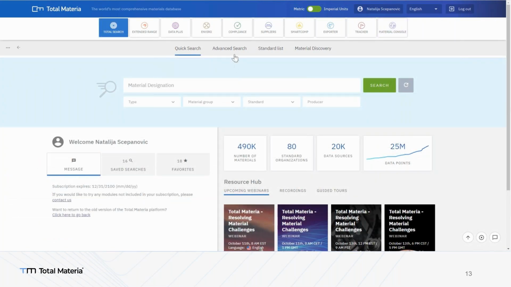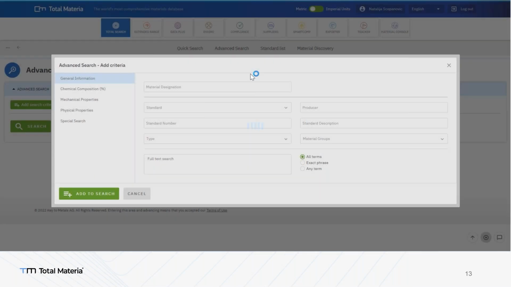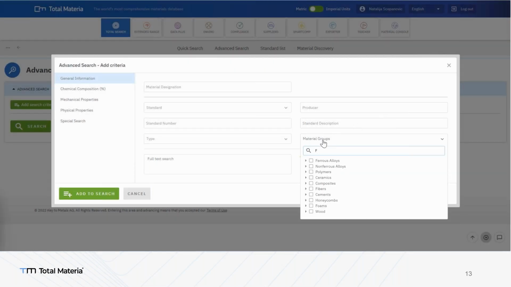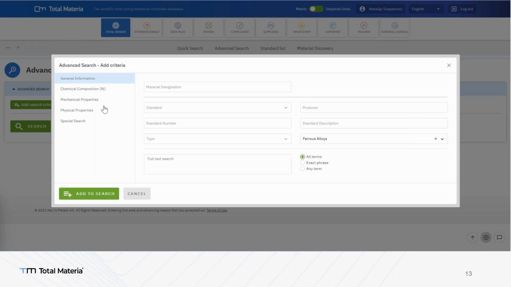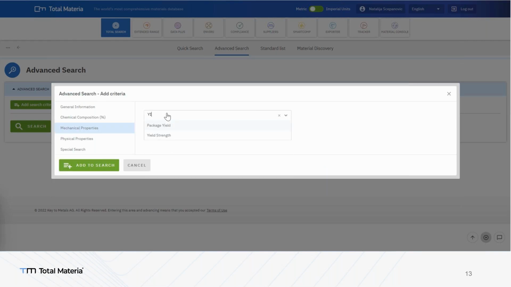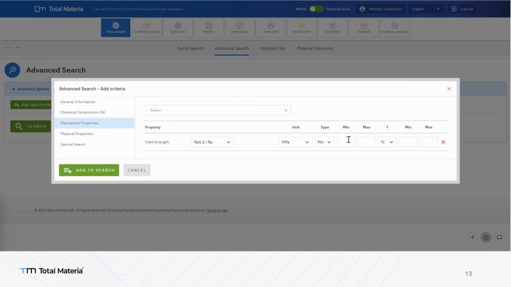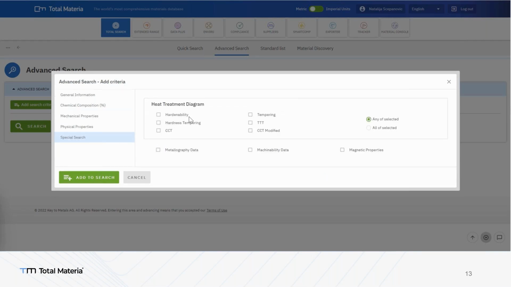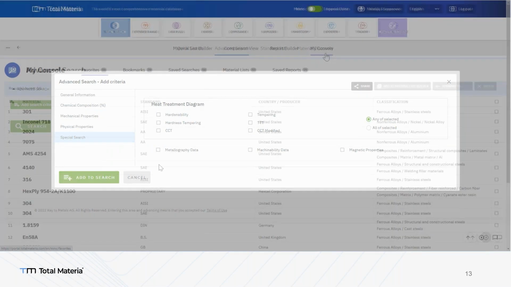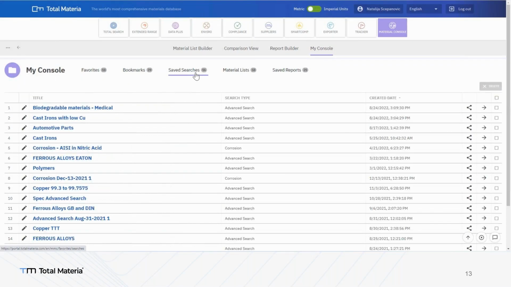So advanced search is for advanced engineers, where you can filter material groups. Let's say ferrous alloys I'm looking for, mechanical properties that I'm looking for, yield strength, tensile strength value. I'm adding minimum values to see if this material will be strong enough for the design to be durable.